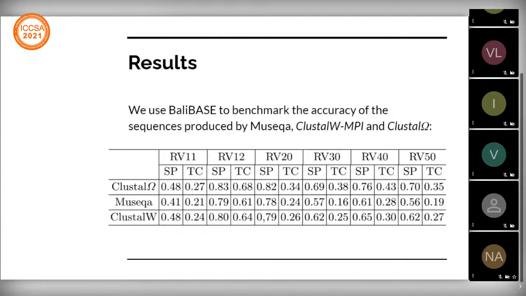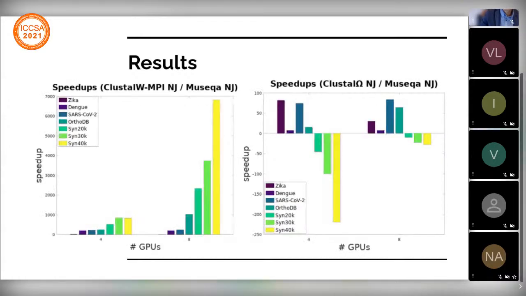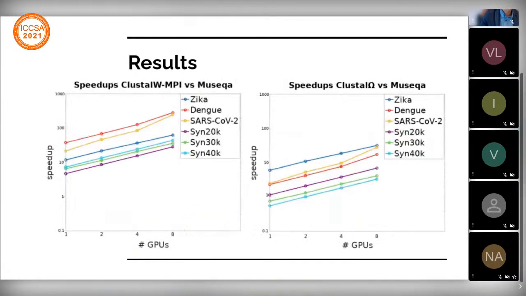So our work is justified as we were focusing on speed. And here are the speed ups we got in the second step. And once again, as Clustal Omega has a different algorithm from ours, their second step is a little bit faster. But in general, when you sum all steps, we have a speed up compared to all